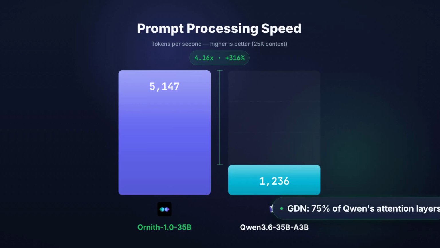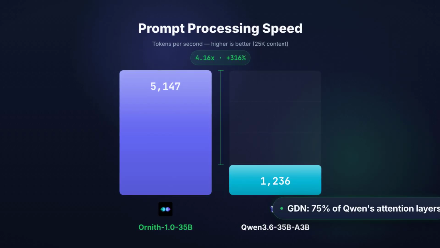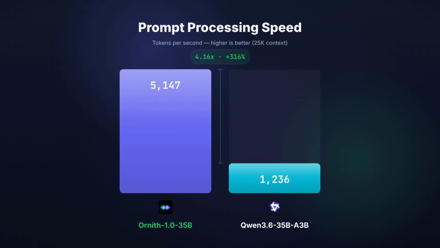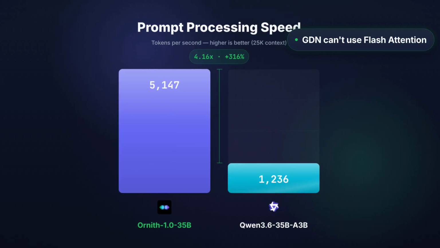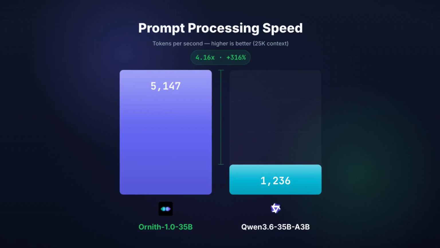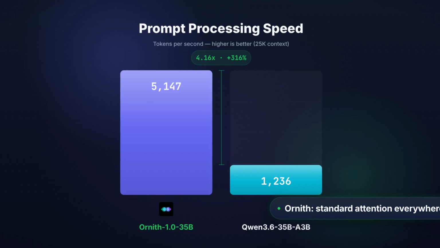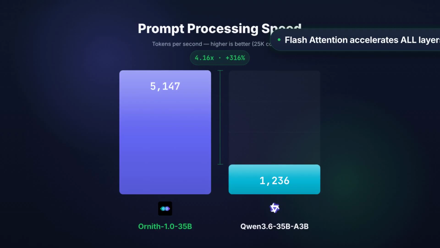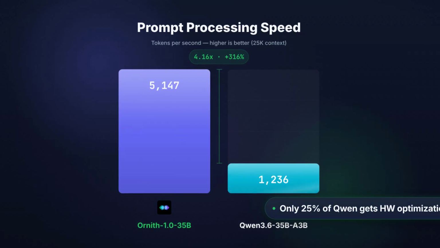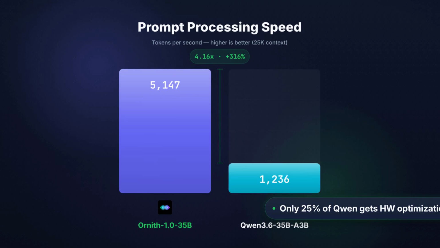Qwen 3.6 uses gated DeltaNet for 75% of its attention sublayers. It is an innovative linear attention mechanism, efficient in theory, but it cannot benefit from flash attention acceleration in llama.cpp. Ornith, built on the Qwen 3.5 architecture, uses standard attention across all its sublayers, so flash attention accelerates everything. You are comparing a model where only a quarter of its computation gets hardware level optimization against a model where